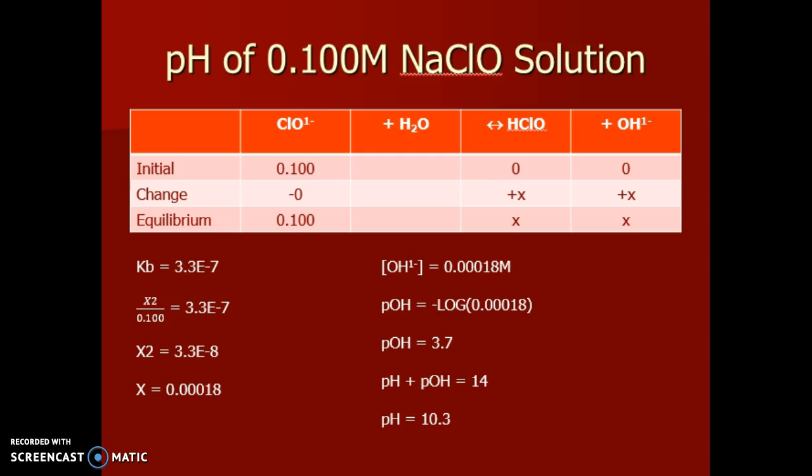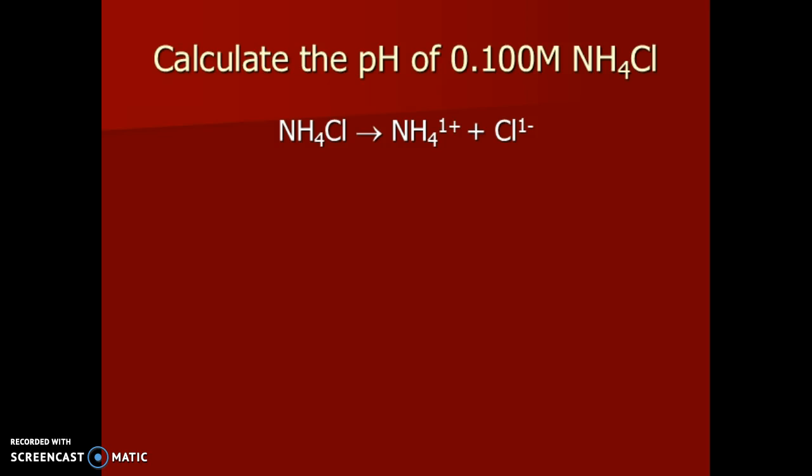Now that's lovely. It was kind of a standard problem for working with an anion, but I also want to show you an example of working with the cation from a base, hydrolyzing with water. So let's take a look at the example of working with a 0.1 molar ammonium chloride solution. Now, ammonium chloride is a salt. It's neither acid nor base, because it doesn't start with hydrogen, it doesn't end with hydroxide. We know that because it's aqueous, it's going to immediately dissociate once it gets into the water and form ammonium